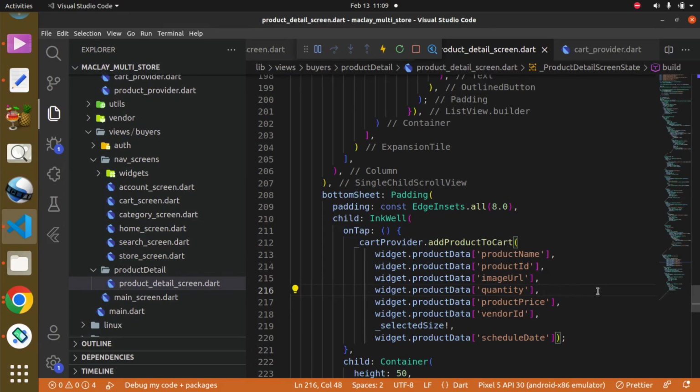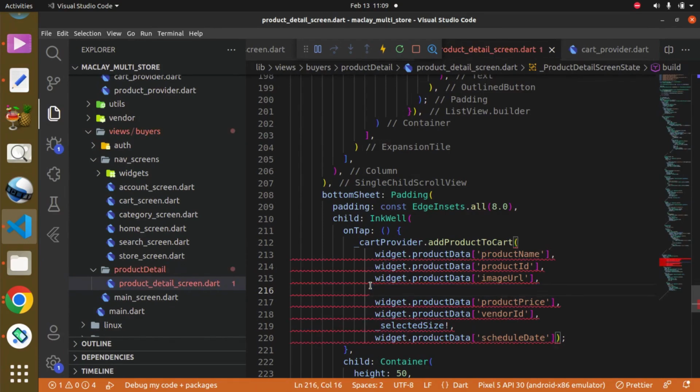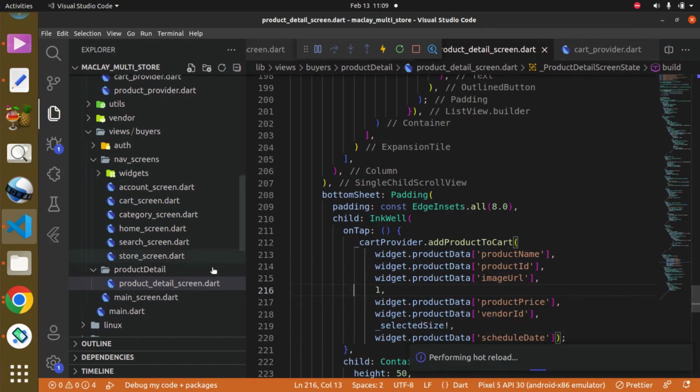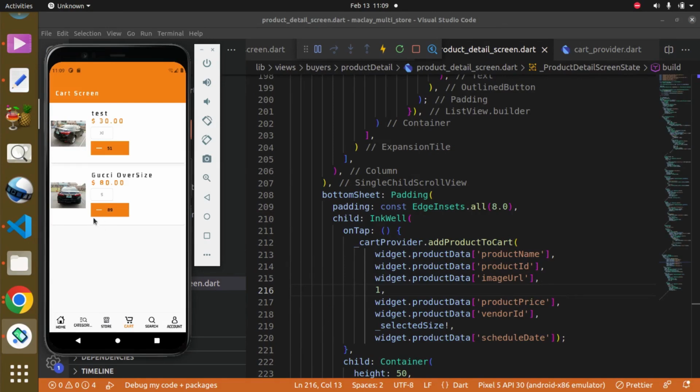So instead of using the quantity we have in our database, we can get rid of this and we can say default, whenever the user clicks on the add to cart, the user wants to purchase one of that item. Okay, but in the future, they should be able to increment their cart. And that is why, okay, for now we just have the decrement. And what we have to do now is to